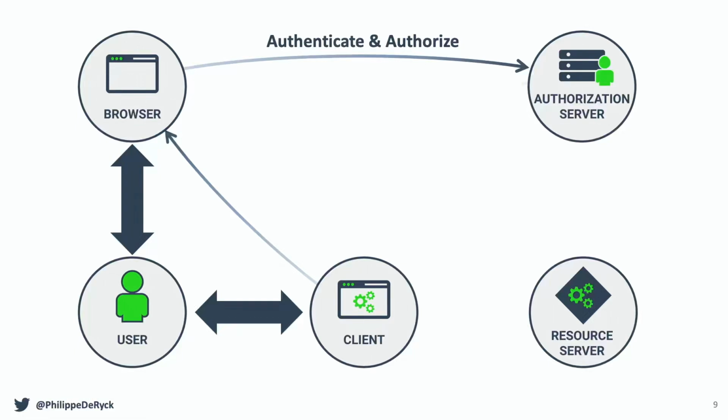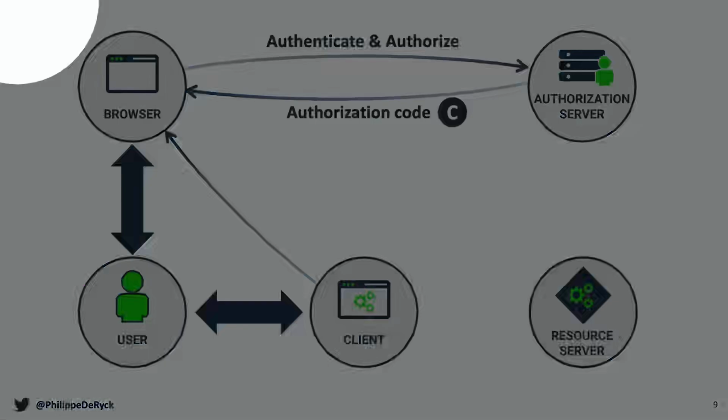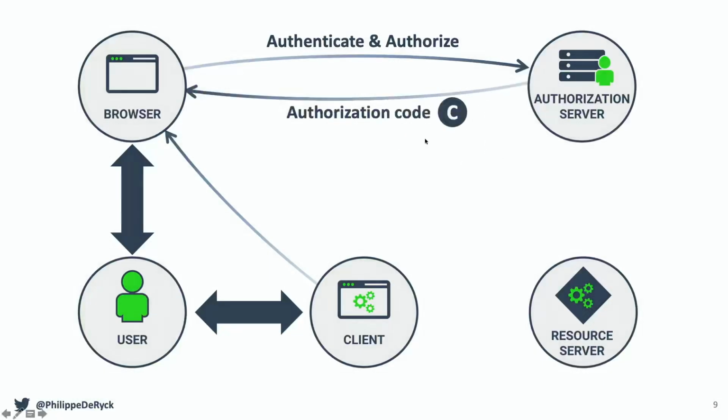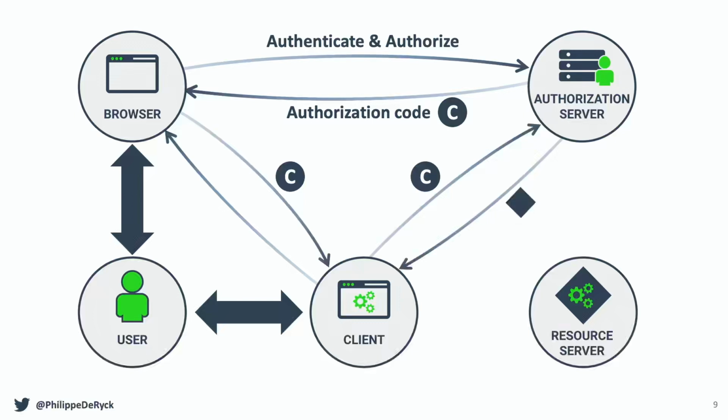Very broad overview. When that happens, you get an authorization code. We saw that a couple of days ago. The authorization code gets propagated to the client, and the client uses that to request an access token from the authorization server. And this access token, the word says itself, token, this is what the client is going to use to access a protected resource one way or another.